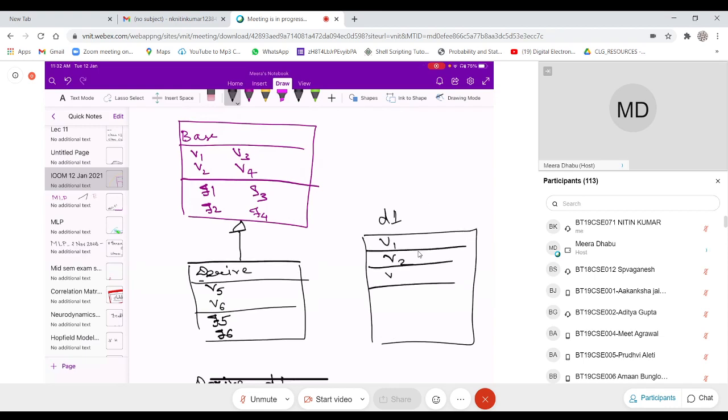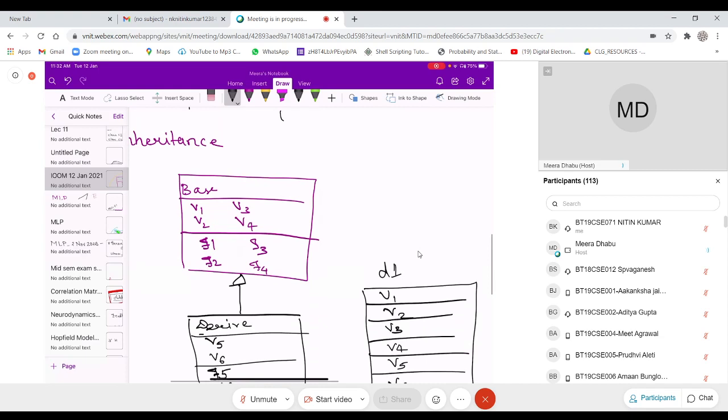If we create an object of only the base class, it will have only 4 attributes: V1, V2, V3, V4.